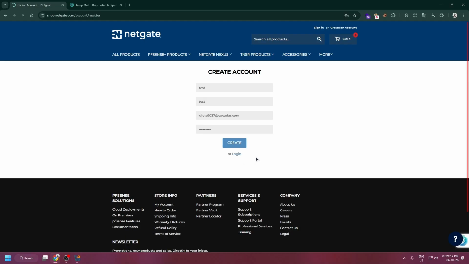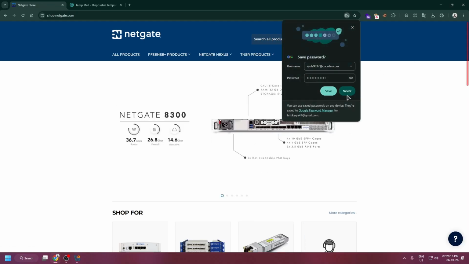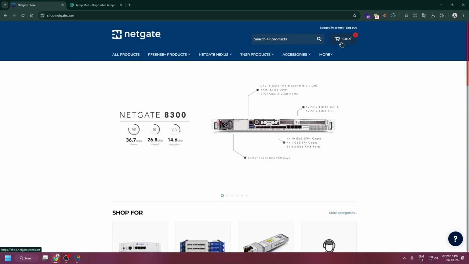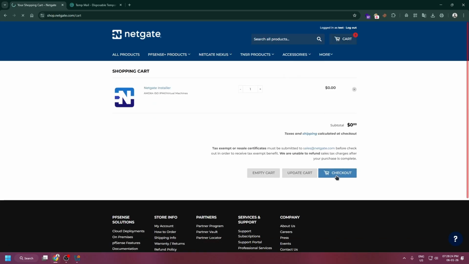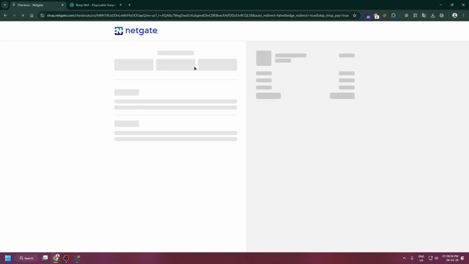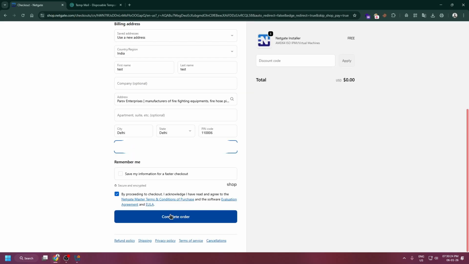And then click on create. After creating your account, click on cart again and then check out again. After filling in any random information here, we can click on complete order,